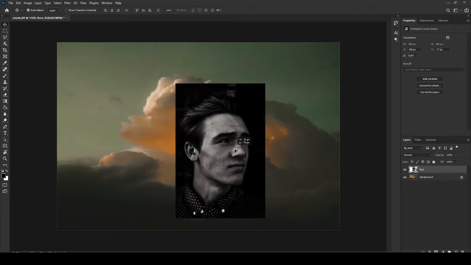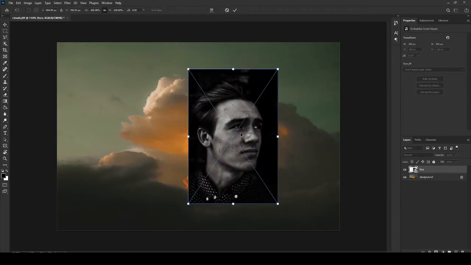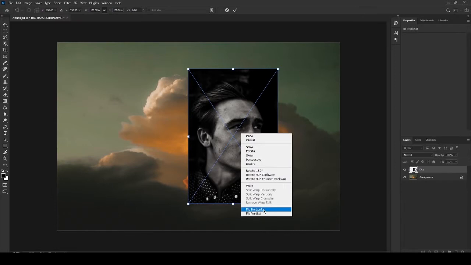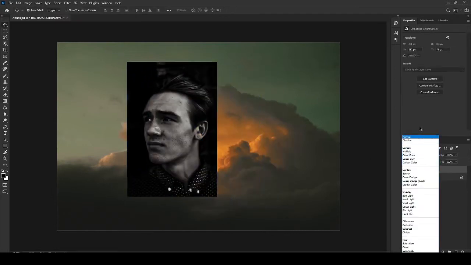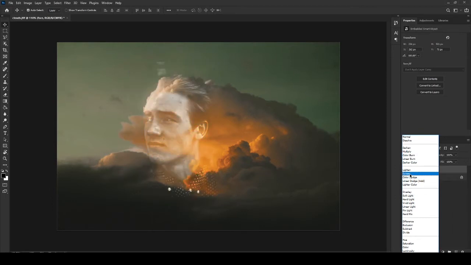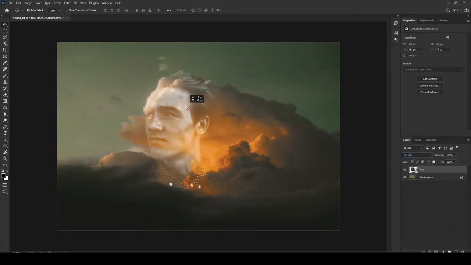So here's the face, and what we're going to do is transform it and flip it horizontally so it can be there in the clouds in my image. You may not have to flip it. Then go to a soft light blend mode and just reposition it to line up with the clouds you've got as roughly as you can. I've got some quite good images here. And then go